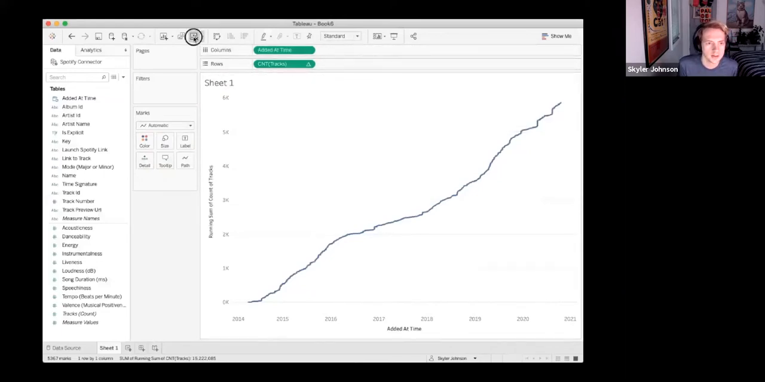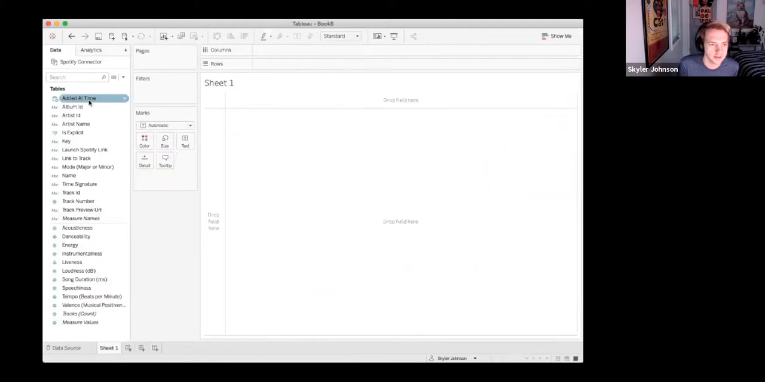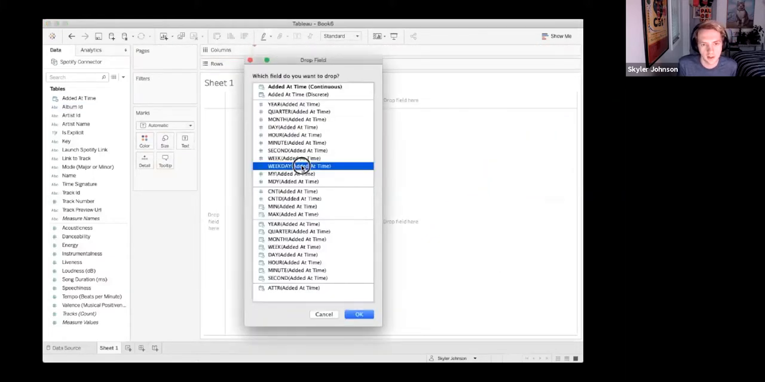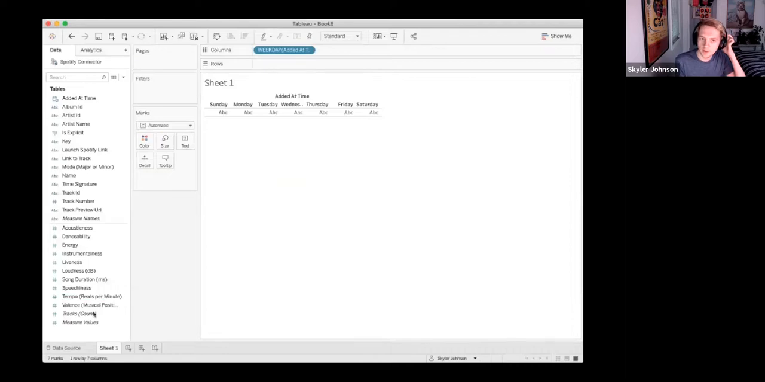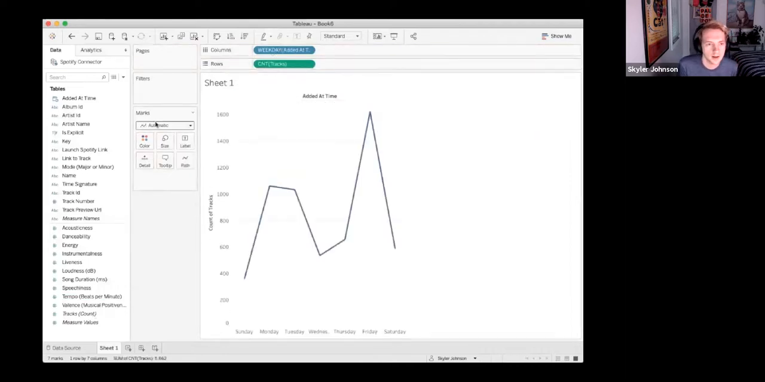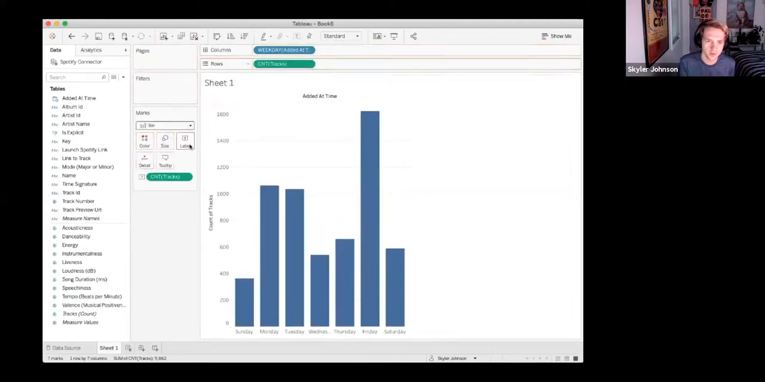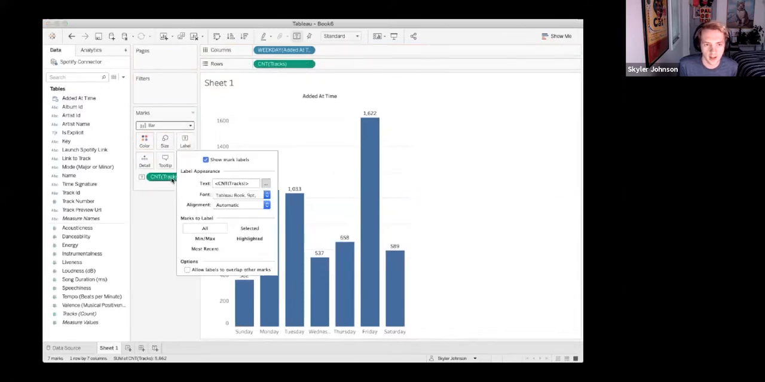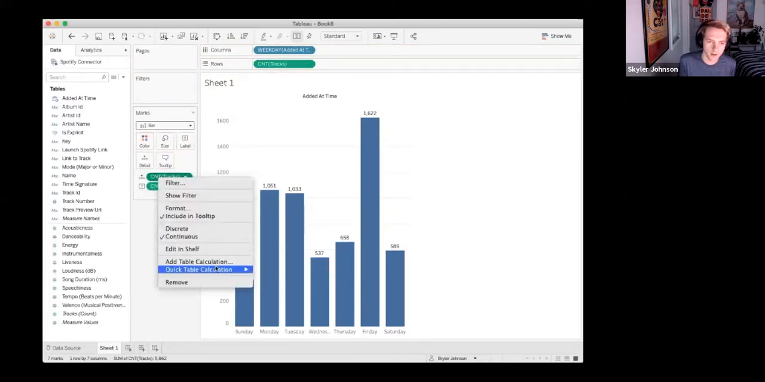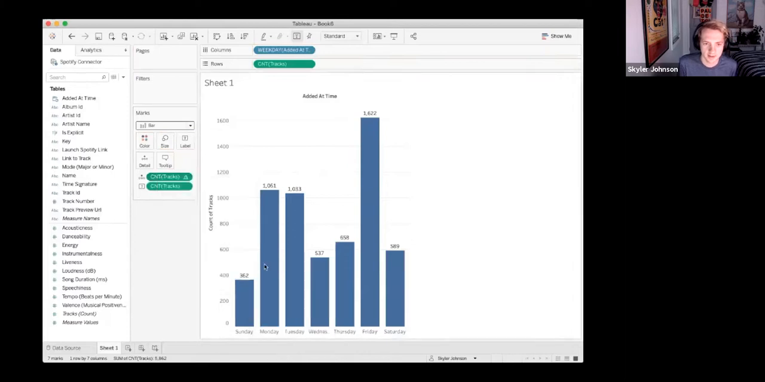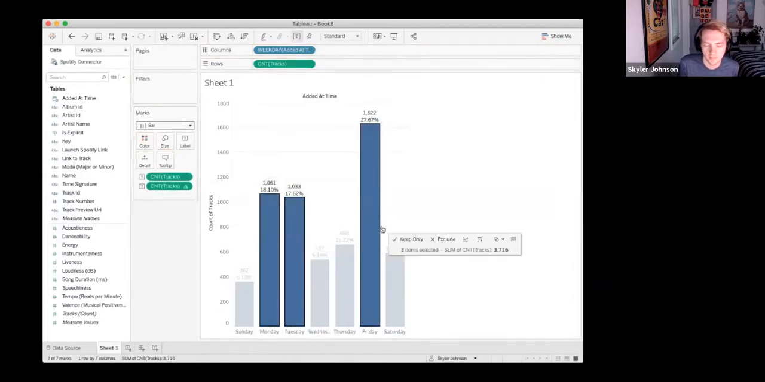But I'm curious if there's any patterns or trends there. So I'm going to actually look at that same data based on the weekday, day of week. And so I'm making this bar chart showing the tracks that I add on each day. And this makes a lot of sense to me to see spikes on Monday, Tuesday, and Friday, because that is